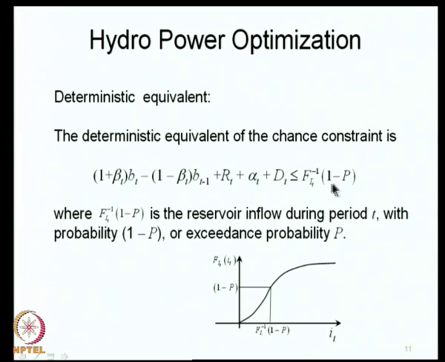And for a specified value 1 minus P, you go to the CDF, and the associated value on the x axis gives you F I t inverse 1 minus P. It is in fact the flow value corresponding to the CDF of 1 minus P, or the exceedance probability of P. So, F I t inverse 1 minus P is the reservoir inflow during period t with probability 1 minus P,